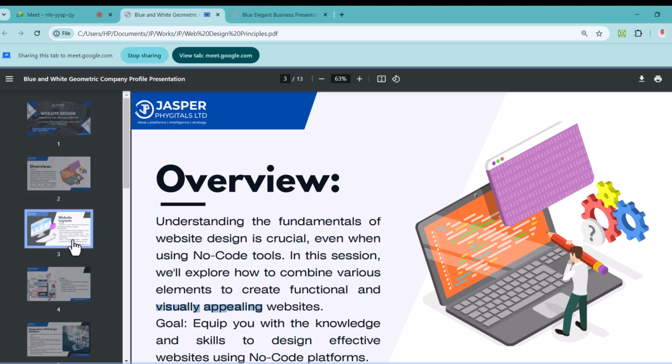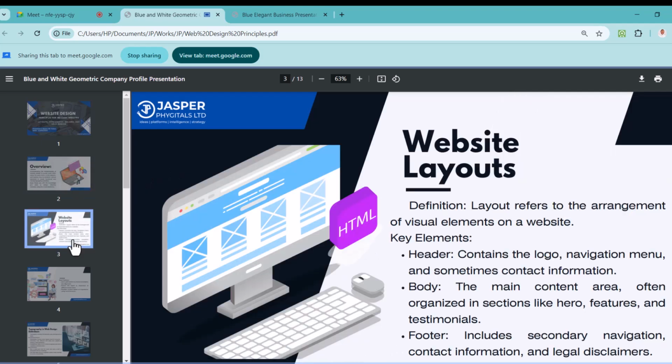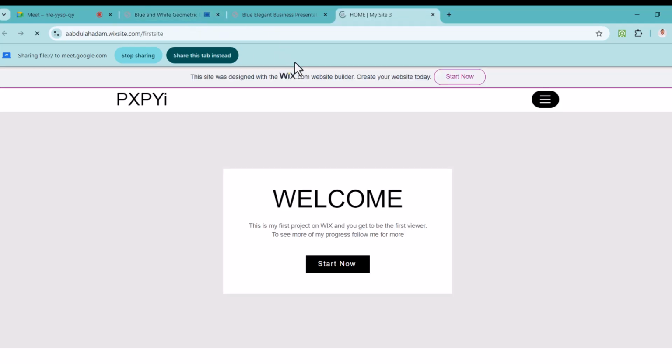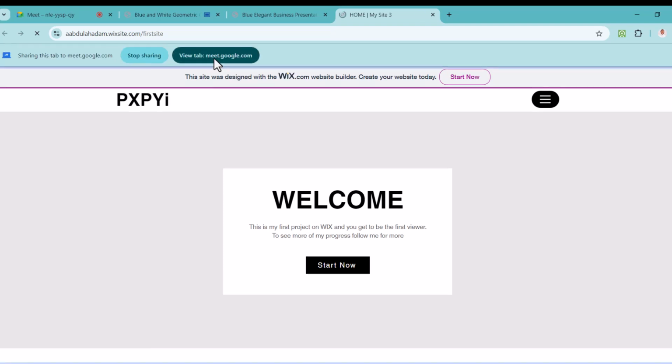Okay, so the first key concept we must understand is what we call website layouts. Generally, website layouts are three. We have the header, we have the body, and we have the footer. Just like you can see here, the header contains the logo, navigation menu, and maybe sometimes contact information. Okay, let me try and share